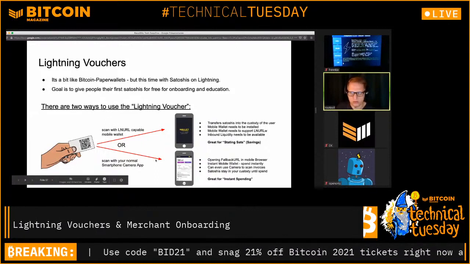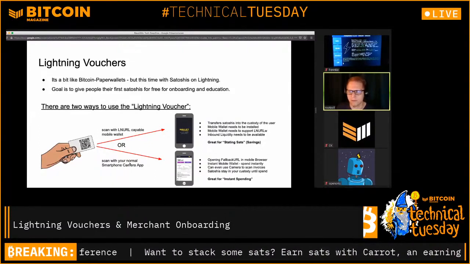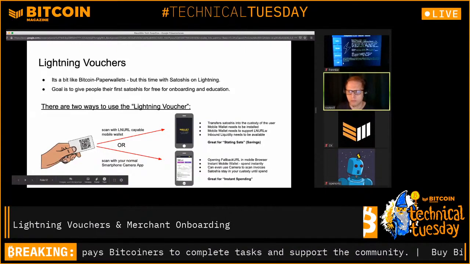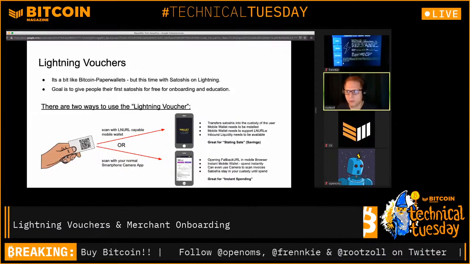The second way to use the voucher, and this is more for the instant spending, for the instant trying it out, is to scan it with your normal camera app. So for example, if I look at my Samsung S9, if I just open the normal camera app and point it at a QR code, and there's an HTTPS URL in this QR code, then it will offer me to open this in my local browser. And then it will open up this HTTPS URL, which is served from my Raspberry Blitz, from my LN Blitz,